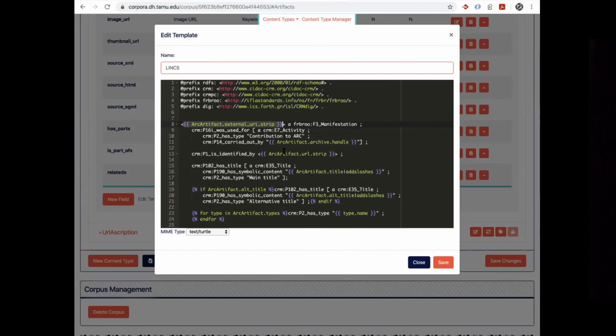Okay, Peter's got a question here. Could I share the process or design for keeping the Corpora data in sync across 3 databases? Yeah, so